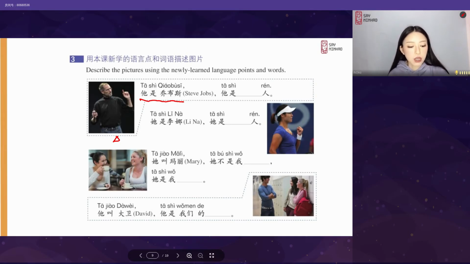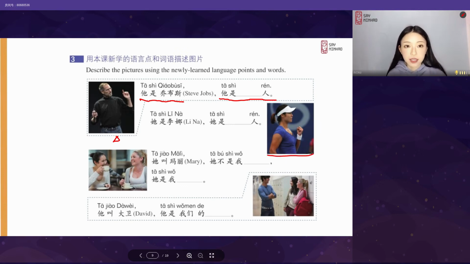And 他是什么人？He is from America, so America is 美国人。Very good. 他是乔布斯，他是美国人。